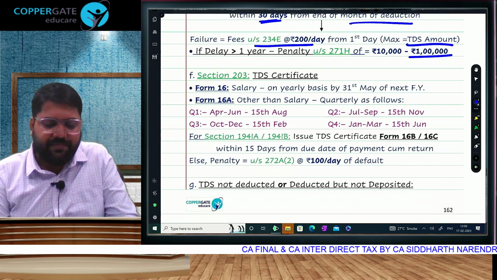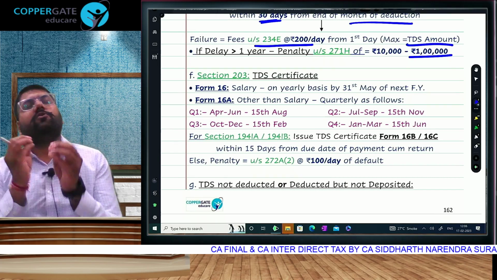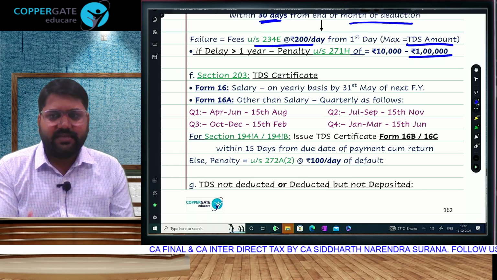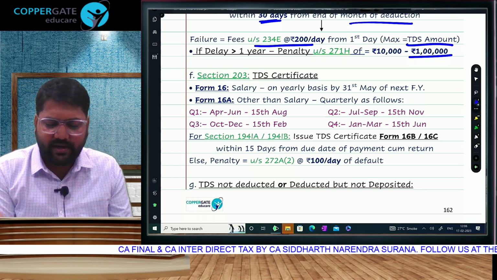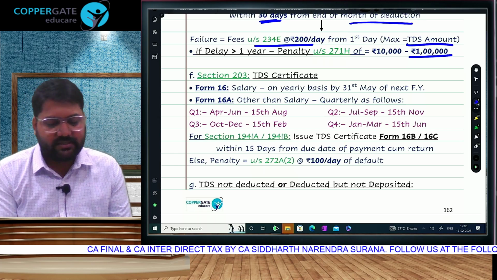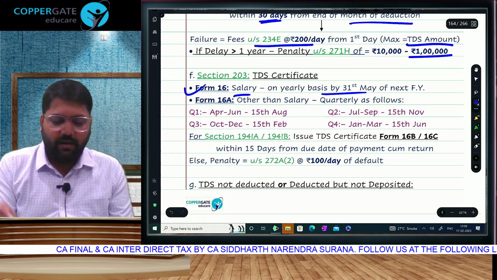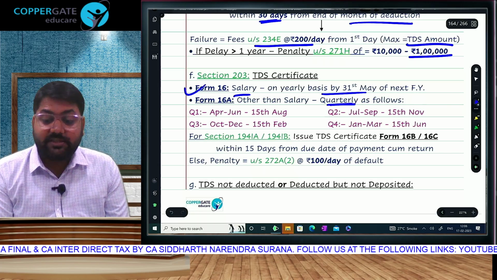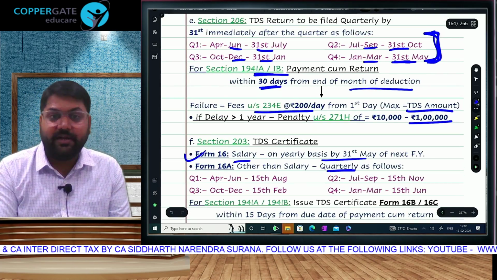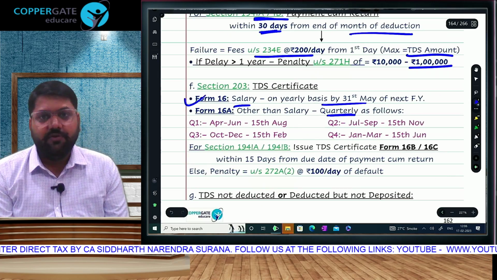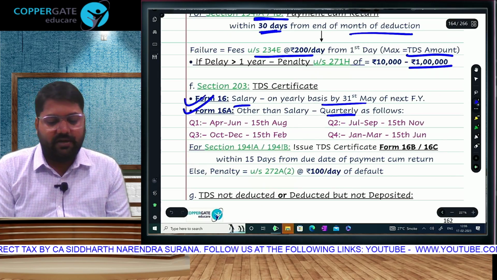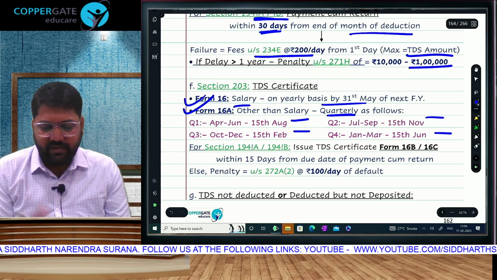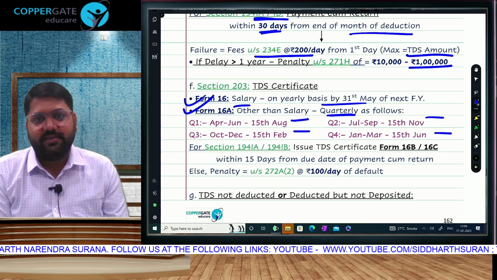Finally, for the proof of the payment, we need to issue a TDS certificate. Honestly, no payee asks for a certificate because it automatically gets reflected in your 26AS, in your AIS. Automatically you get credit. But still, if you insist, for salary Form 16 is due up to 31st May, and for all other payments the quarterly form is due 15 days after the return due date. So within 15 days of the return's due date, from the TRACES website the payer will download and give it: 15th August, 15th February, 15th November, 15th June. Within 15 days from the previous due date, this has to be given.